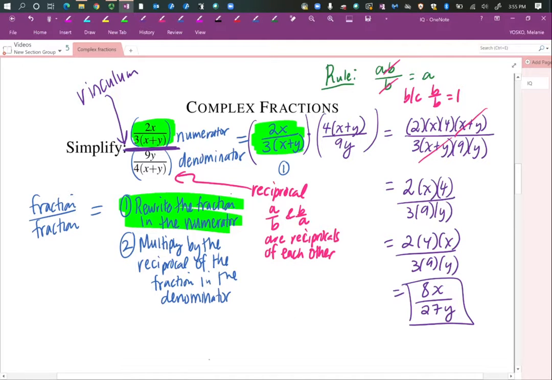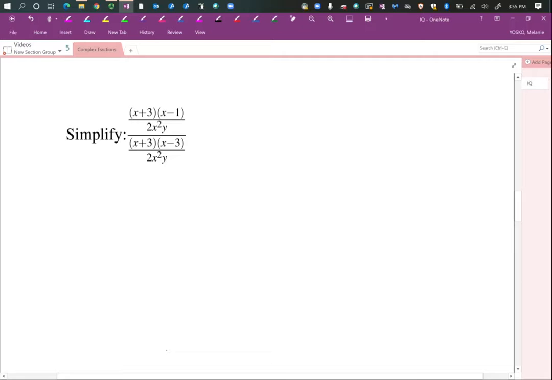Let's try another one. This one's a little more interesting. We still have a complex fraction. Hopefully you see the vinculum right here. Okay, so there's a fraction in the numerator and a fraction in the denominator. So again, if we have a fraction divided by a fraction,